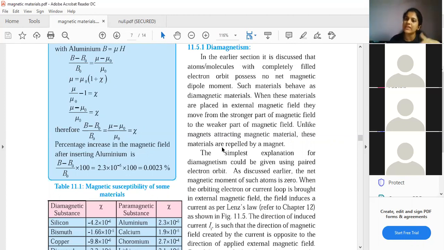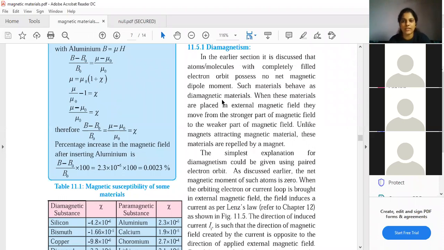Okay, fine. So this is something that we already know. Such materials behave as diamagnetic materials. So if I give you some random elements and I ask you to identify whether the element is paramagnetic or diamagnetic, one simple thing to do is write down the electronic configuration and check the valence shell. If in the valence shell everything is paired up, there is no unpaired electron, then we can claim that material is diamagnetic in nature.